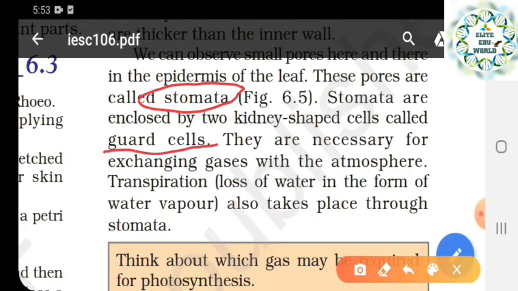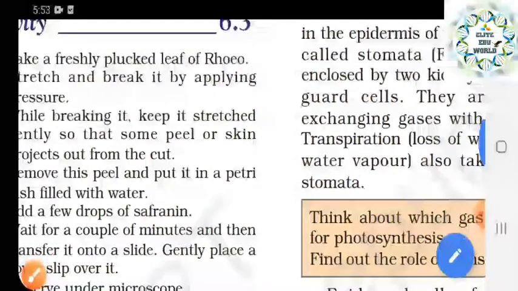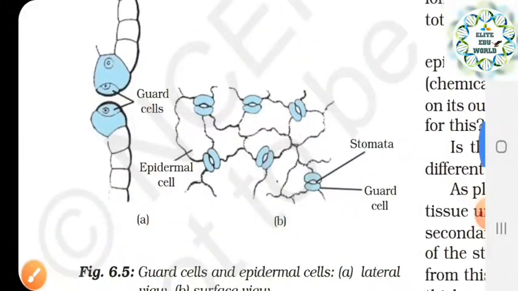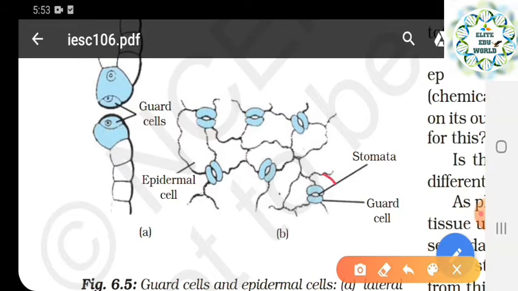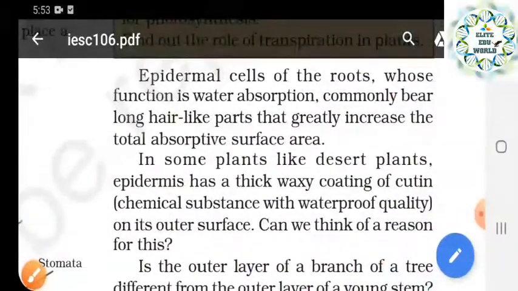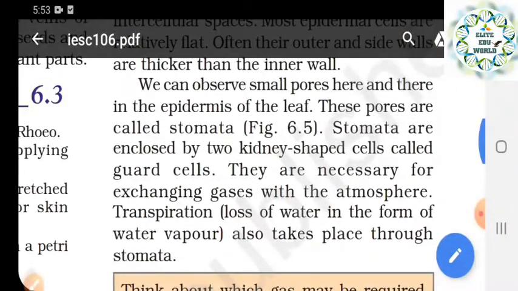As we have seen, the stomata has two cells covering it, and they are kidney shaped, as we can see one more time here. These are the cells called guard cells. The guard cell structure looks like a kidney. These two kidney shaped guard cells cover the stomata, and with the help of the guard cells, the stomata can be closed and opened whenever required. When it isn't required, it can be closed, and when it is required, it can be open.